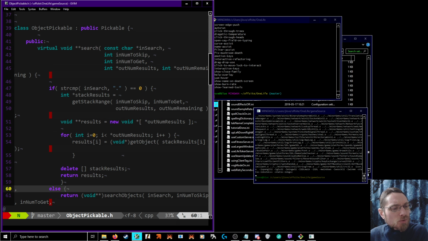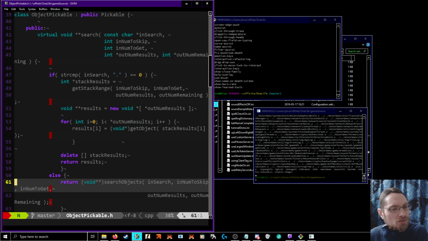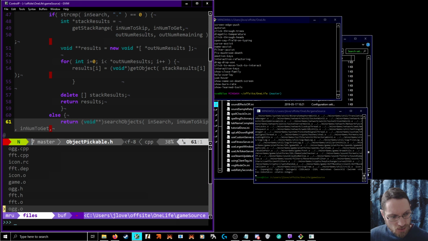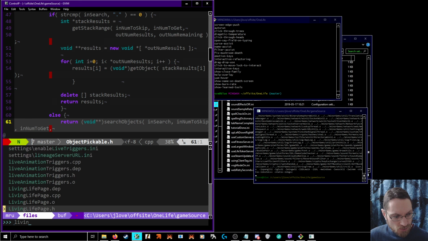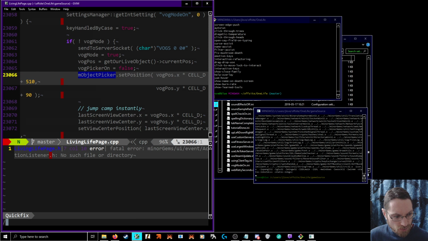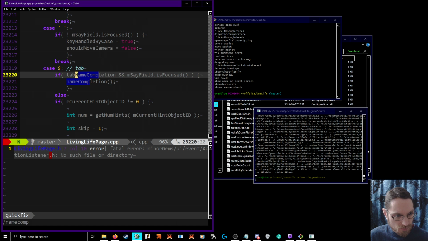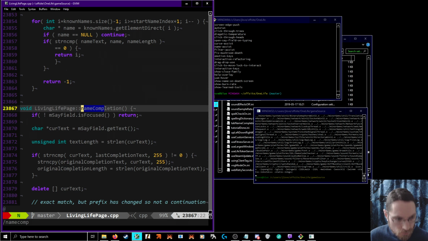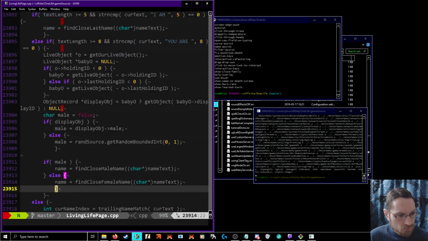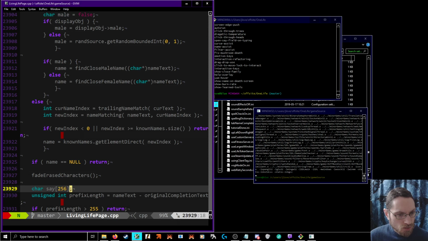That's still, well, they're both void pointer to some extent. Num to skip, num to get. Right, so this is going to be a page type thing. How am I using my skip in